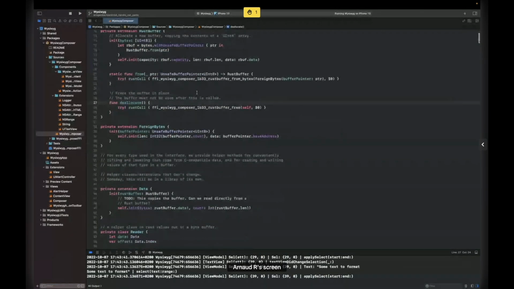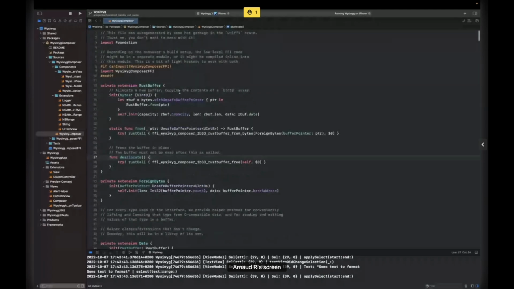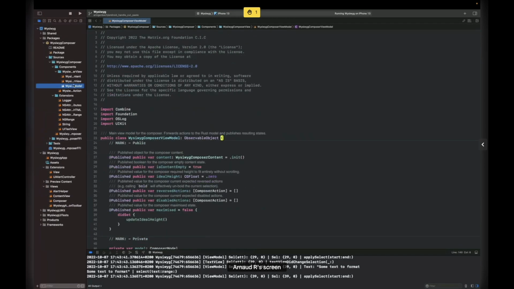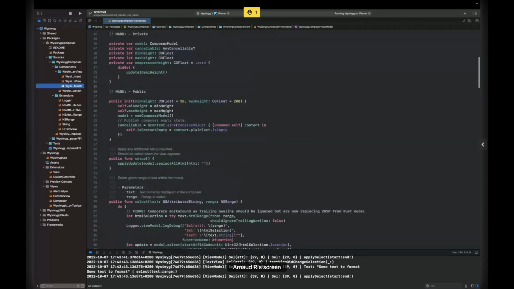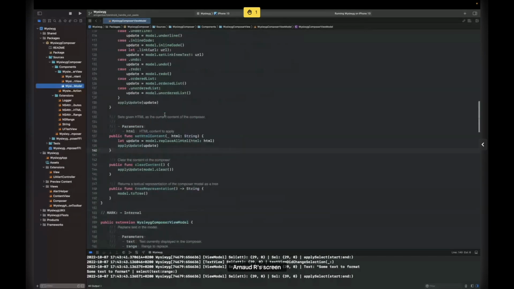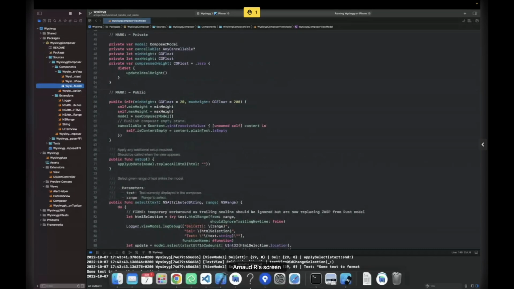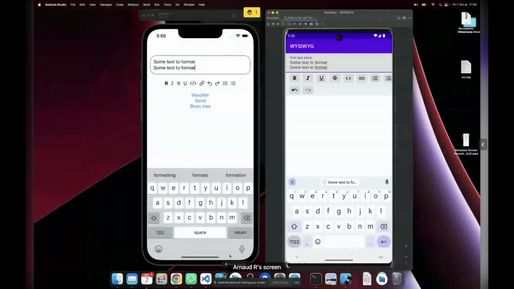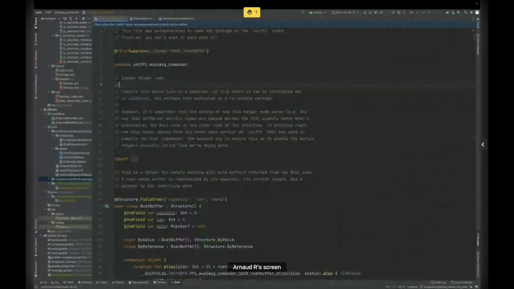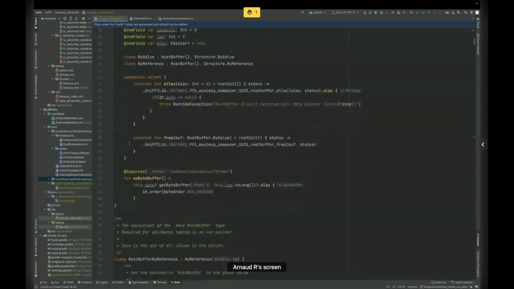We have a very big file that is auto-generated by UniFFI, and that gives all the interface we just declared in our file available in the mobile application, and we just use them in some code that we write on top of that, and we handle all the actions that a user might want to do on a WYSIWYG editor. So I can show you, not that, but the Android file is pretty much the same kind of thing,